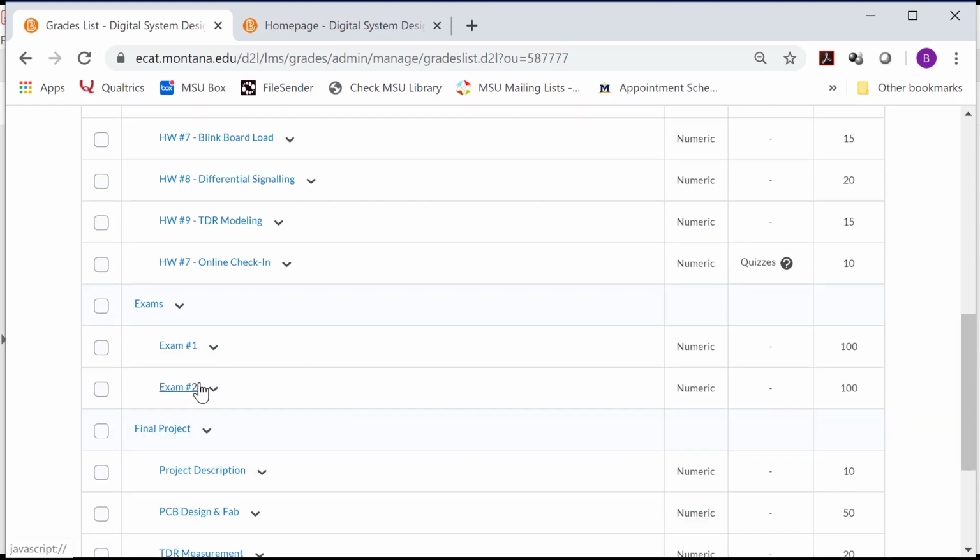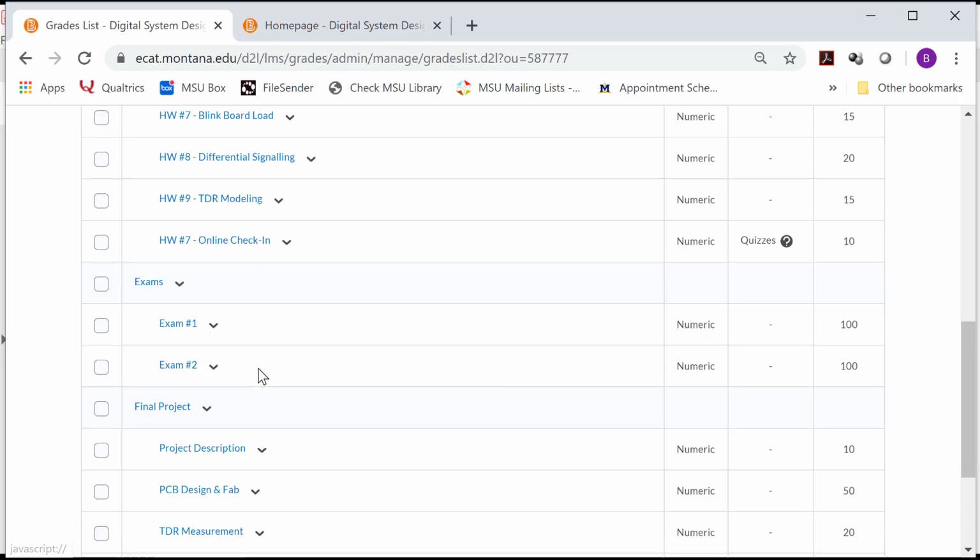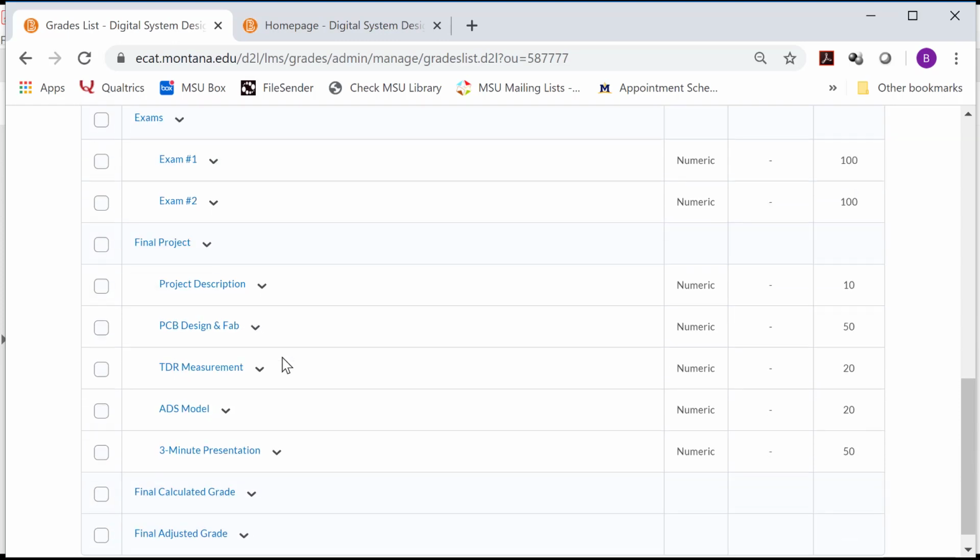And then we did have another exam, and the exam was basically on printed circuit board questions, thinking about trace stack ups and trace impedance. And then it was on differential signaling and crosstalk, and then maybe a little bit on TDR. But there was a plan for another exam. Who knows if we'll have that. And then we had the project. So you can tell that we're kind of winding down in terms of material.